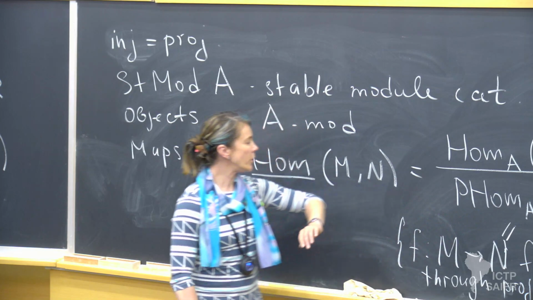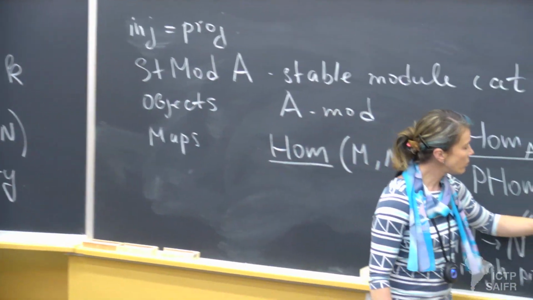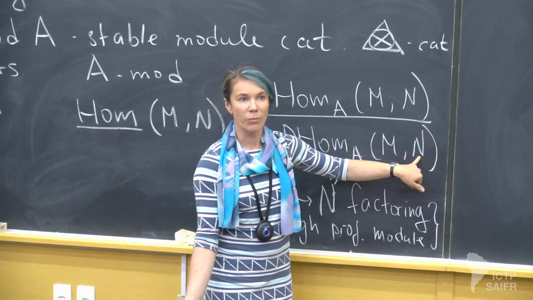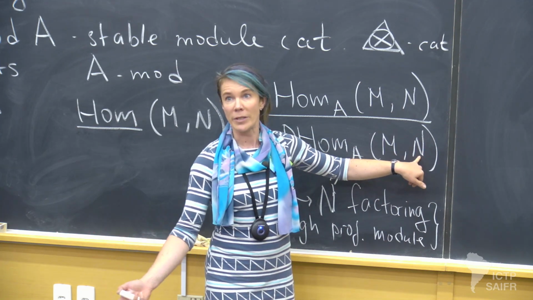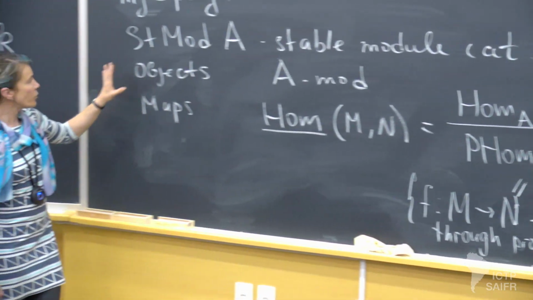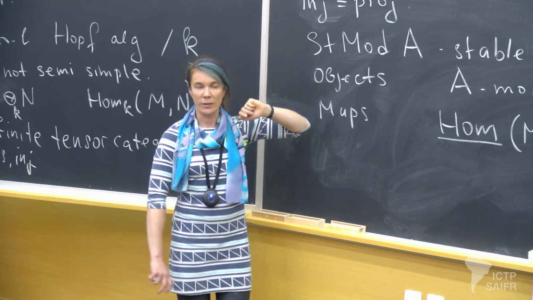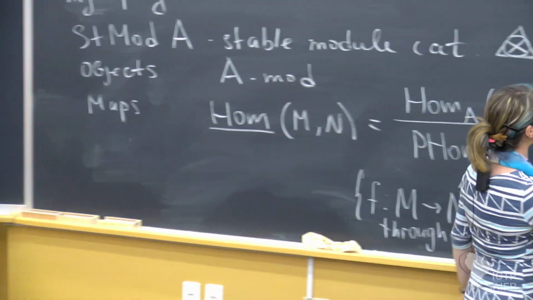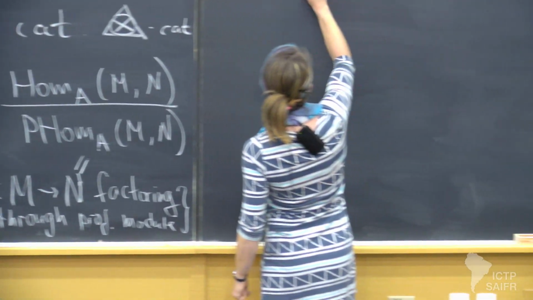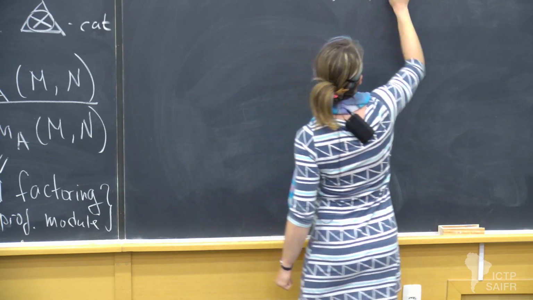So effectively, what we're doing is killing projective modules in this category. Because if you have a projective module and the same projective module, then the identity map factors through that projective module. So effectively, we are saying the identity map is 0, so we just kill all projective objects. So the stable module category sort of measures our original category up to projective objects. It has the triangular structure. Triangles actually come from exact sequences of A modules.